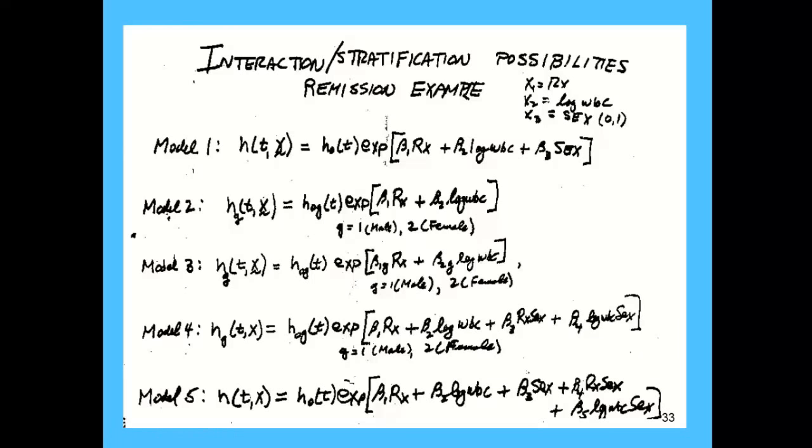When you plug in the value of sex equals 1 or sex equals 0, you're going to get a different hazard ratio. So this model 4 is basically equivalent to model 3. They're just two ways of doing the same thing. One of the advantages of using model 4 is that if you look at model 4